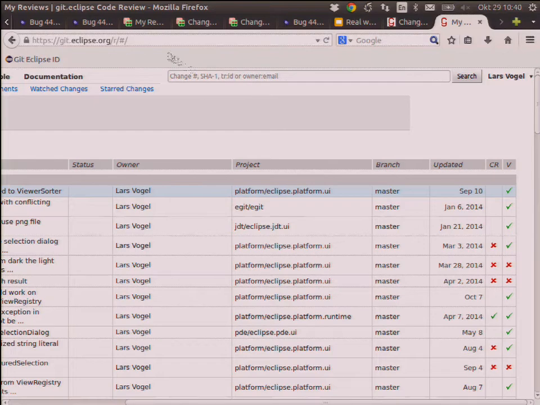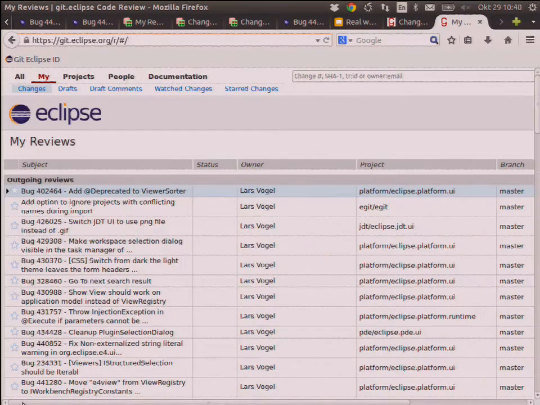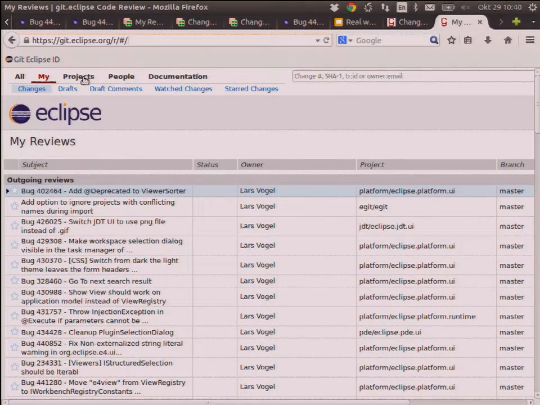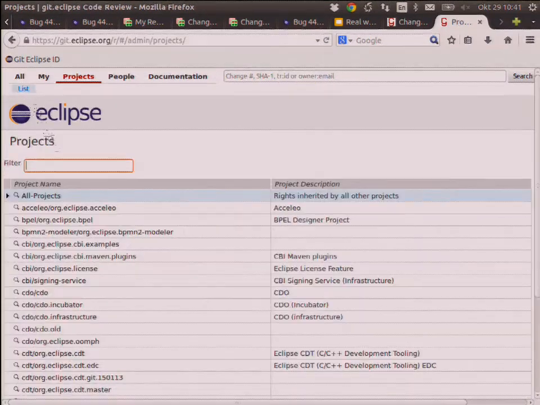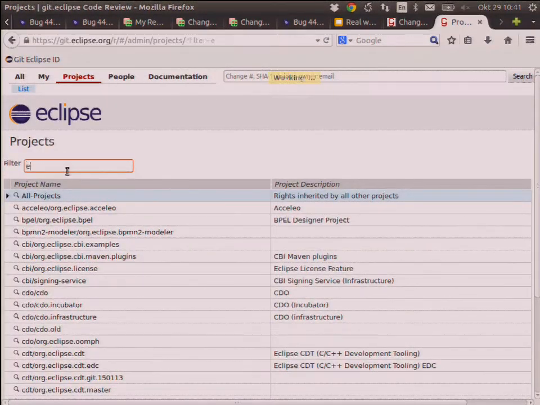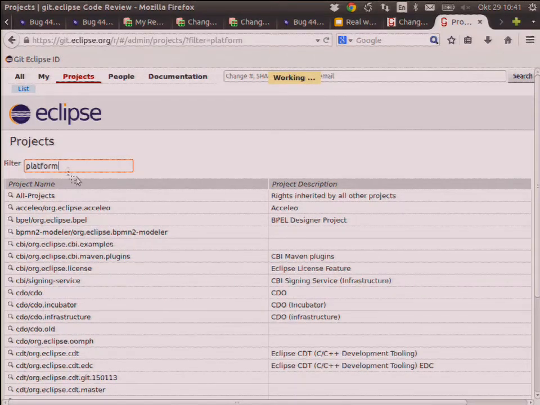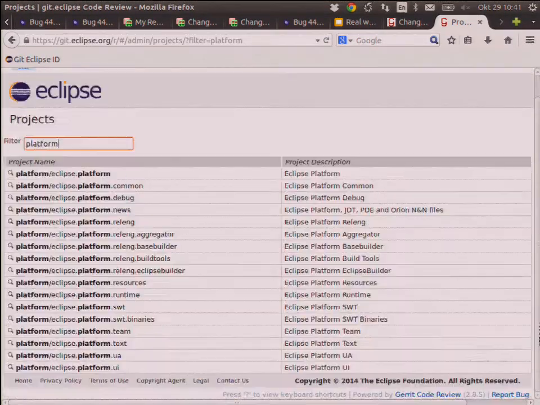Then basically what you have to do, you have to decide where you want to contribute, and I'm using platform. That is also very easy. You basically go again to eclipse.org/r, and there's a button projects, and there's a list of projects here. And then internet gods are with us. Platform, you search for a platform project. It lists all the platform projects we have.